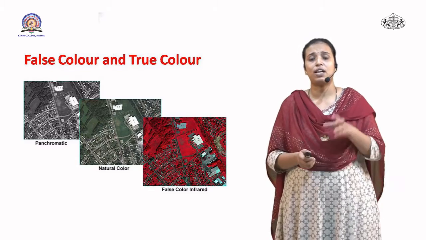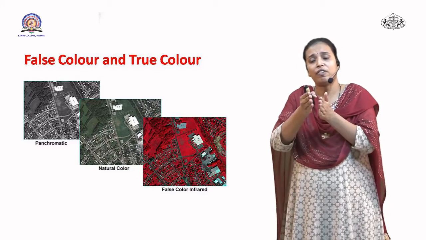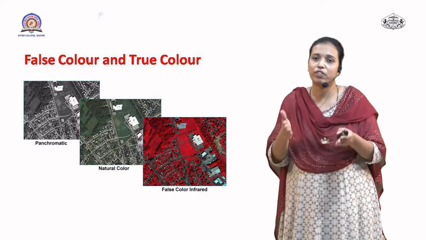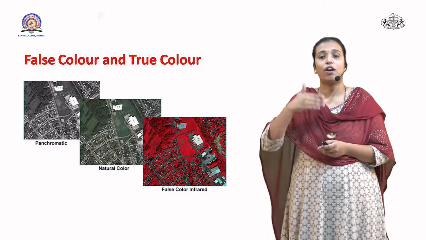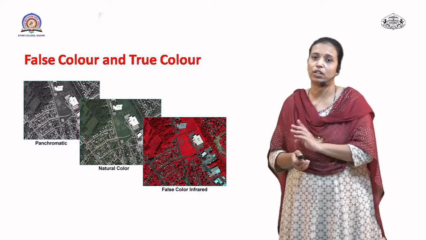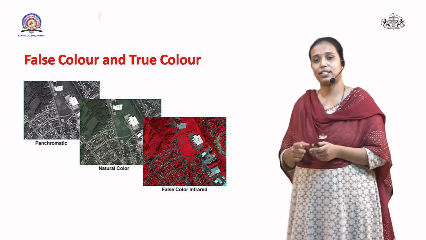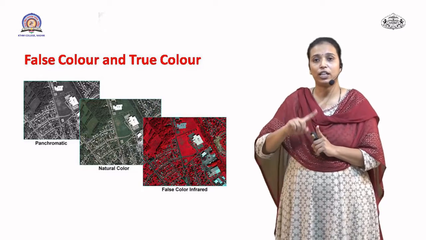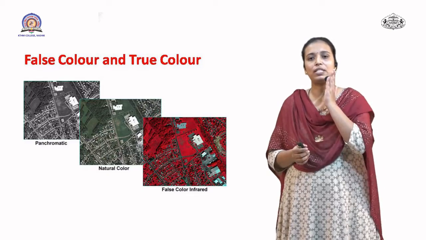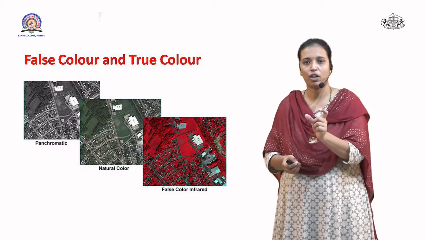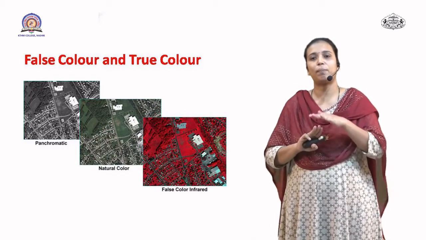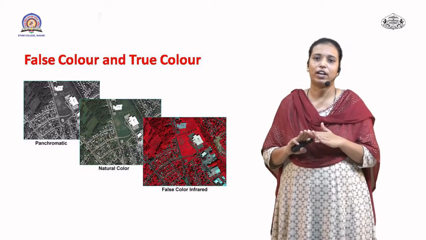But sometimes, when phenomena have very minute or very short boundaries, we can't differentiate those two phenomena from a large height. At that time we have to use the false color composite. False color composite is characterized by the introduction of infrared radiation into the visible radiations. At that time the blue color, which has a very short wavelength, is removed from the bands, and the three band places are taken by green, red and infrared radiations.